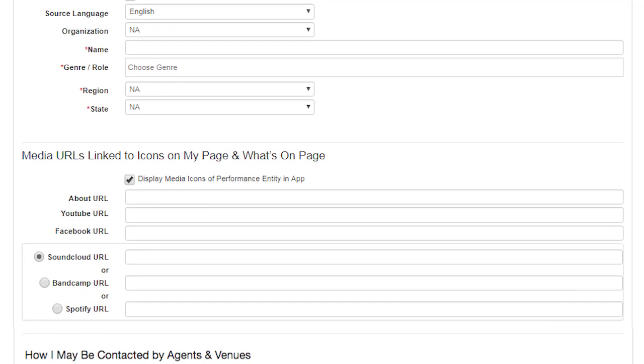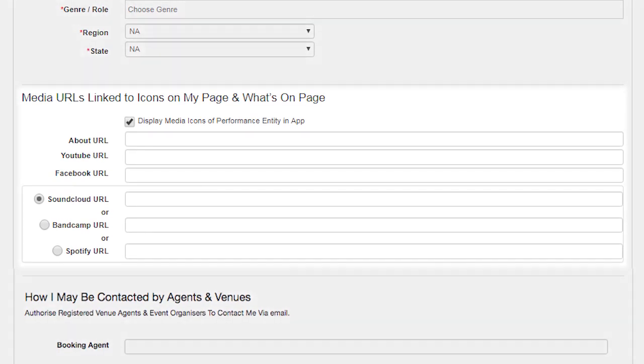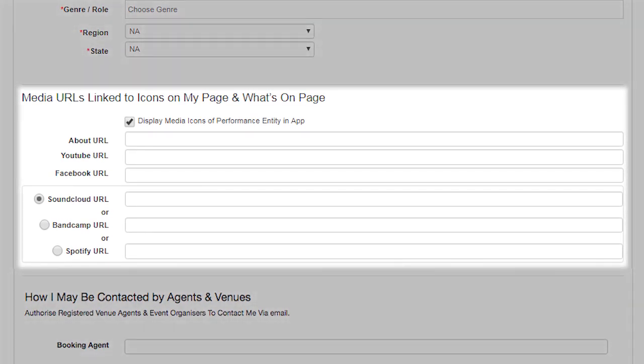Media URLs link to icons on My Page and What's On page. This media URL info may be displayed on the public What's On web pages of the venues at which you were booked to perform, and are also displayed on the InfoPond pages that describe you to both the public and